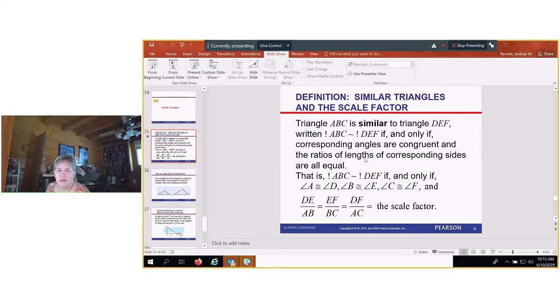So what happens is the similar is a little bit different. As you come down here, it's also noting which angle is congruent to the other angle. So these two triangles are similar if and only if these angles are congruent to the corresponding angles from the other triangle, and these sides are congruent. Now you see it's got a scale factor, and that's showing that